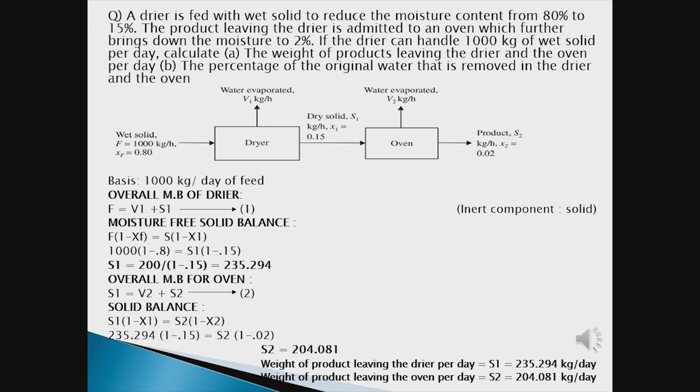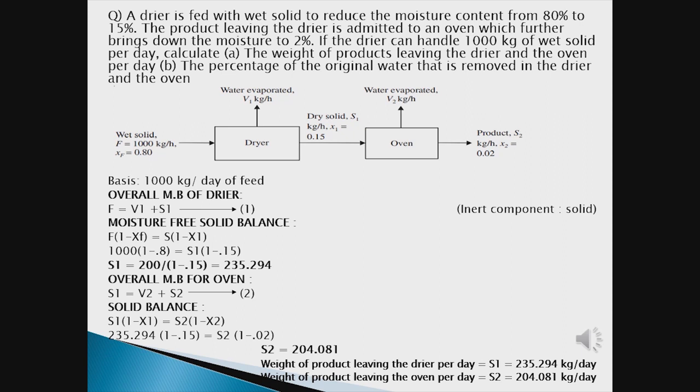So the overall material balance for the oven. Now we are considering the oven; earlier we had done it for the dryer. The overall material balance for the oven is S1 is equal to V2 plus S2. Here we are taking the solid balance, that is S1 into 1 minus X1 is equal to S2 into 1 minus X2. That is 235.294 into 1 minus 0.15 is equal to S2 into 1 minus 0.02. After doing the calculations and simplifying the equations, we finally get the answer S2 is equal to